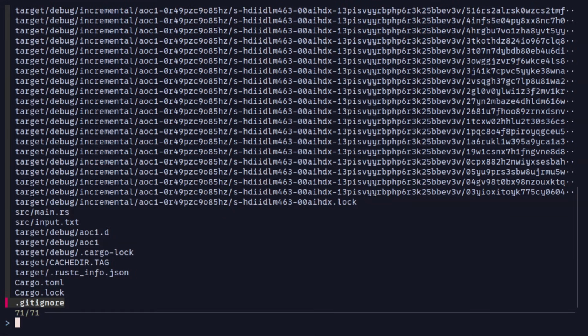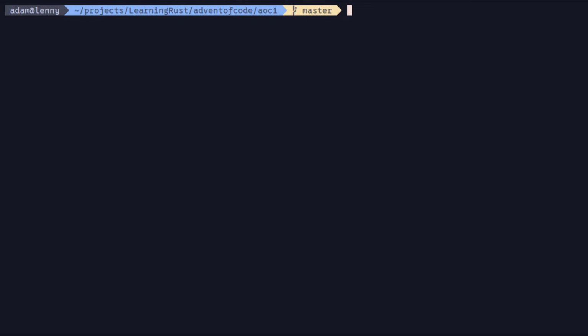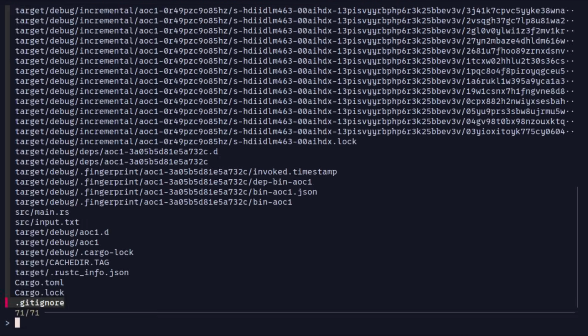So that's some basic usage of FZF, but this isn't really the good stuff yet. This is just some very simple things. So we'll hit escape to get out of this. The next thing we're going to do is use FZF to choose a file that we want to open in nvim. So we'll type nvim, and if you don't have the shell integration, this is what you'll have to do. So we'll type FZF like this, and we'll hit enter,